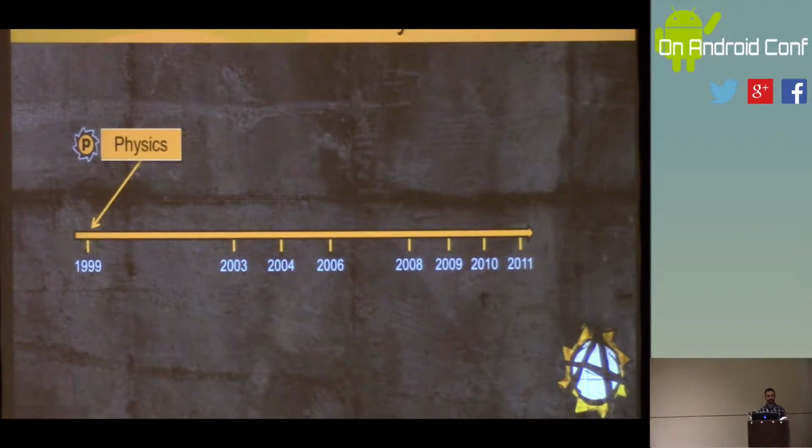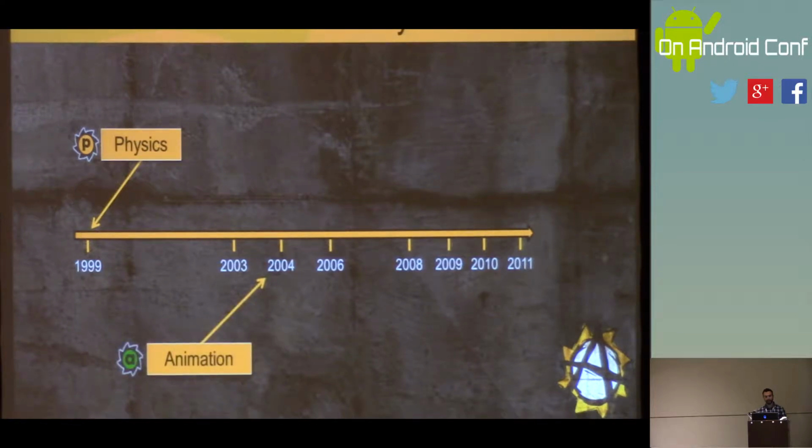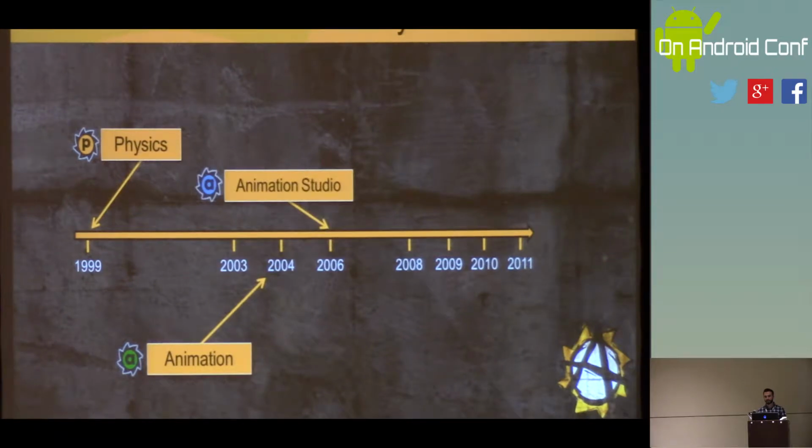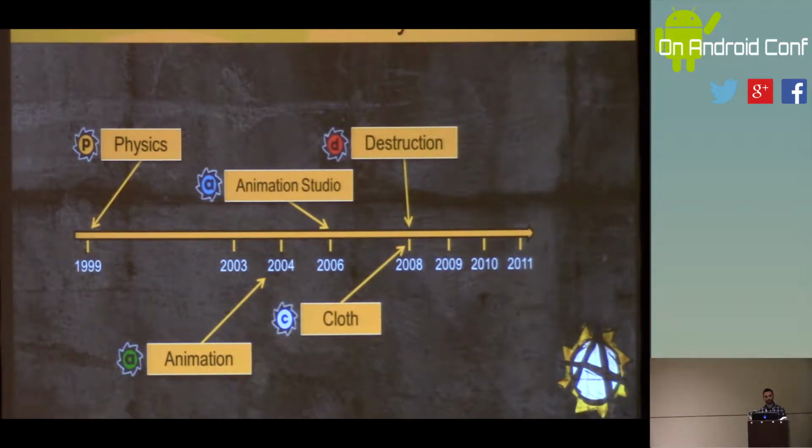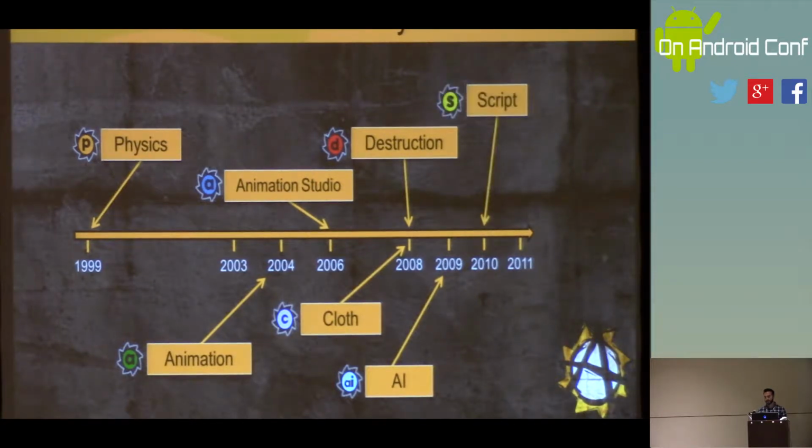We started way back in the day, and if you have heard of Havok, you've probably heard of our physics engine solution. So that's what we developed back in Dublin in '99. And then we added an animation solution for doing animation blending and animation compression. Then we added Animation Studio for creating state machine blend trees. And then added a cloth solution, destruction, which was built on top of our physics core, AI solution for generating nav meshes and doing path queries, script, which was actually a product, a Lua VM that was created primarily for consoles, so a lot of 360 and PS3 optimization specifically for that, since on consoles you can't actually have a